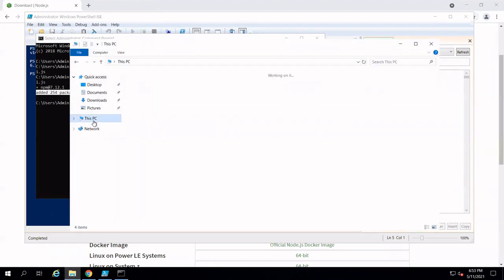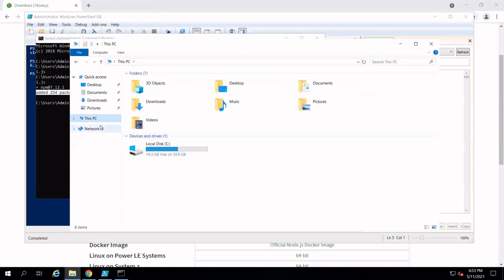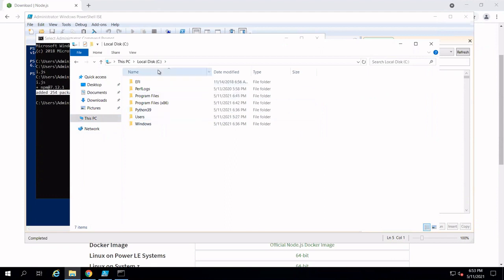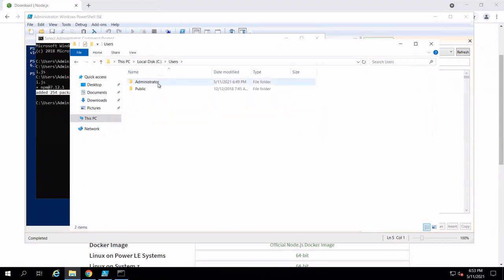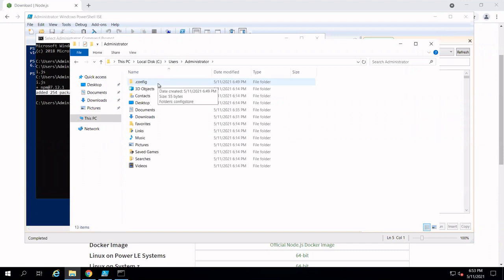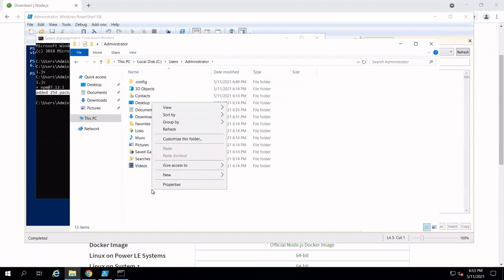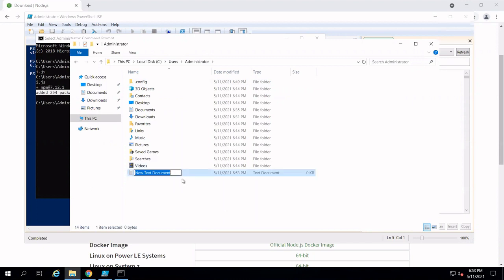So here, as I told you, the path that you have to enter is the C drive, users folder, then the administrator folder, and then in that administrator folder, you have to create a new text document.